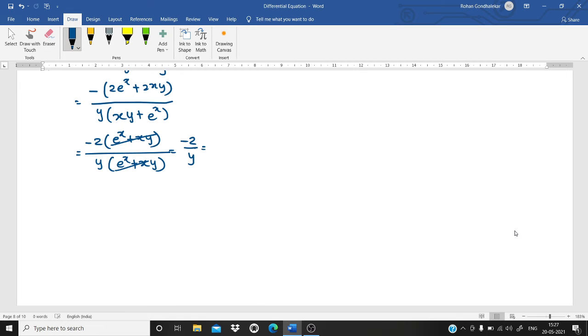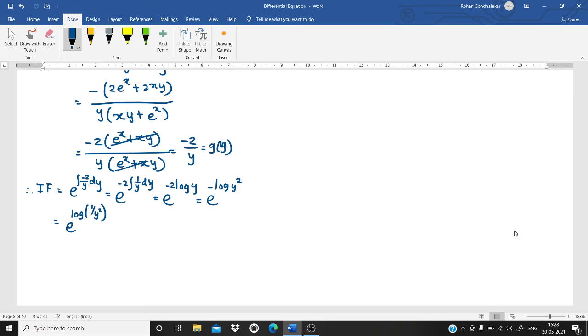Yes. So this is the fourth rule. So the fourth rule is verified. Hence therefore integrating factor is equal to e raised to integral of minus 2 upon y dy. So what is e raised to minus 2 upon y? E raised to minus 2 outside, integration of 1 upon y dy. So what is the integration of 1 upon y? Log y. Fine. Now the 2 is given inside, we get e raised to minus log y square. Now get that minus sign inside of the logarithm, we get e raised to log of 1 upon y square. So e raised to log gets vanished. So integrating factor is 1 upon y square.